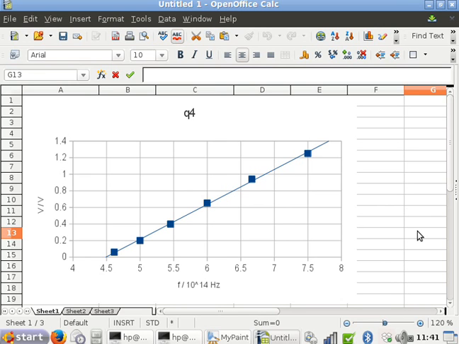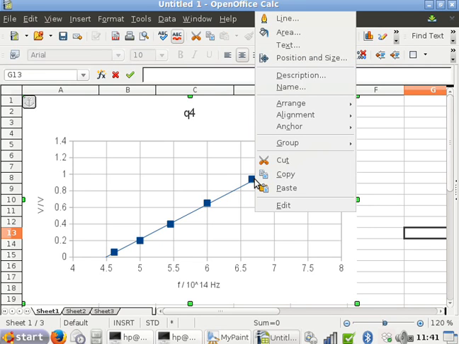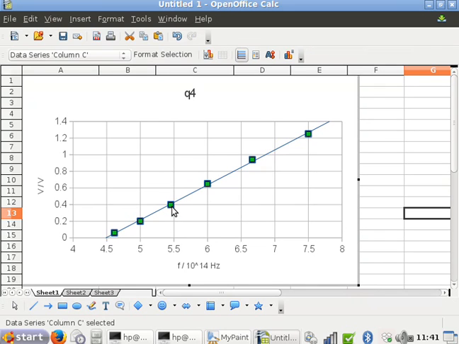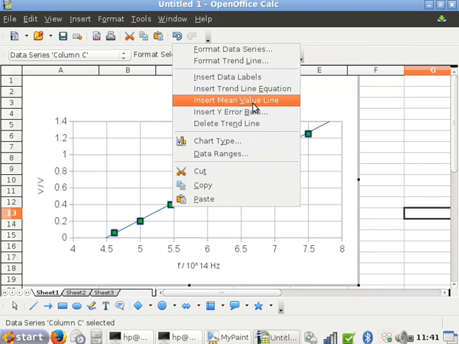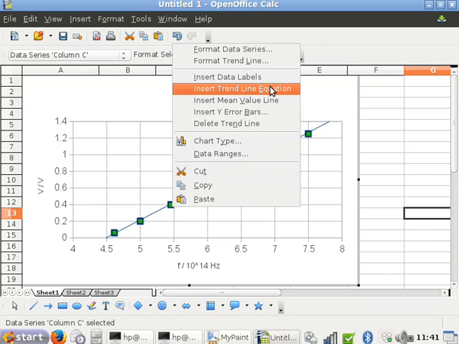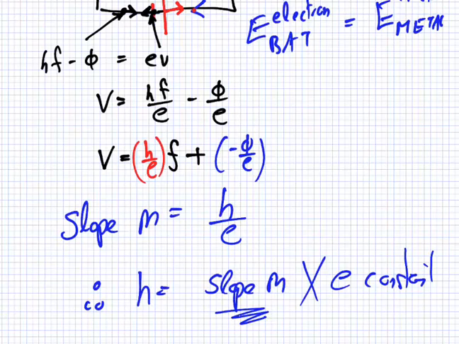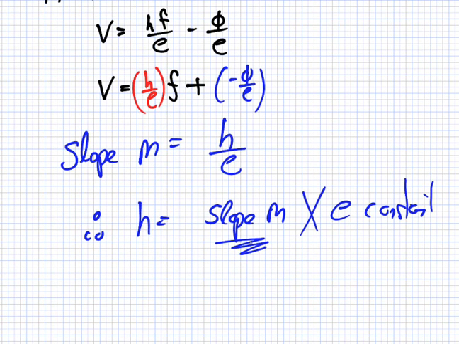Okay. What did you get for the slope here? 0.431. Okay. Let's see how accurate that was. Insert equation. Very good. It's 0.4209. So if you've got 0.421, that's great. So the answer here would be